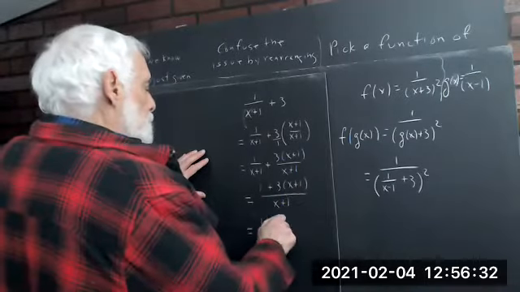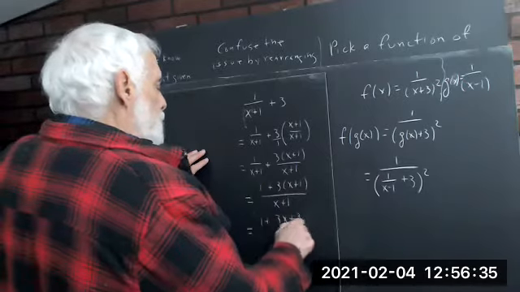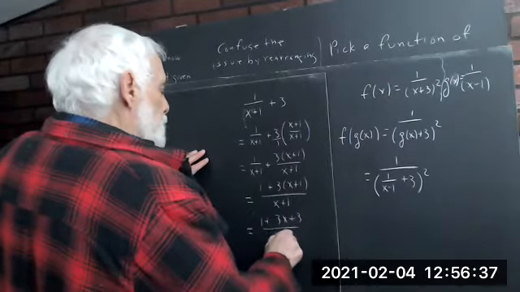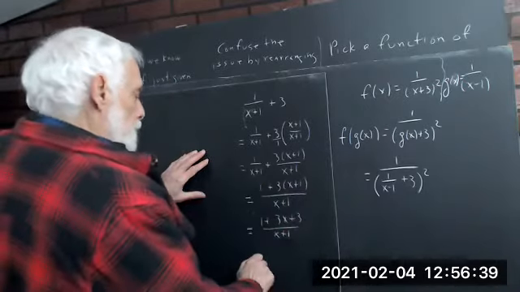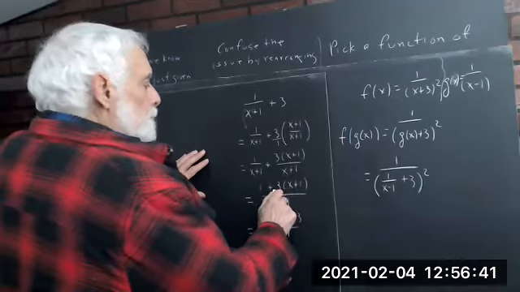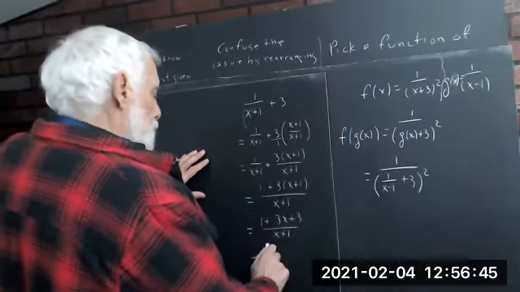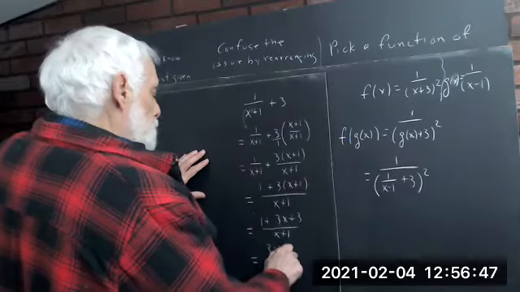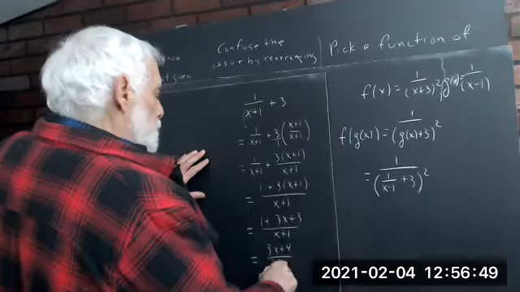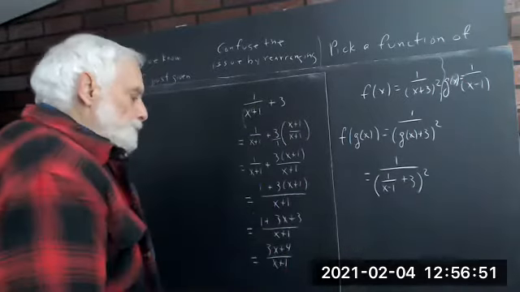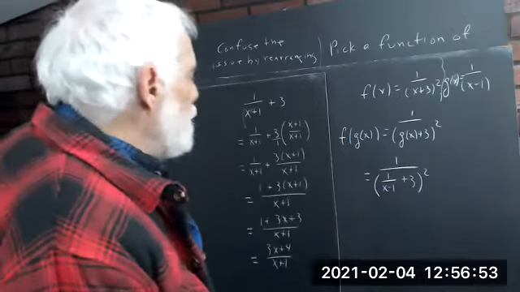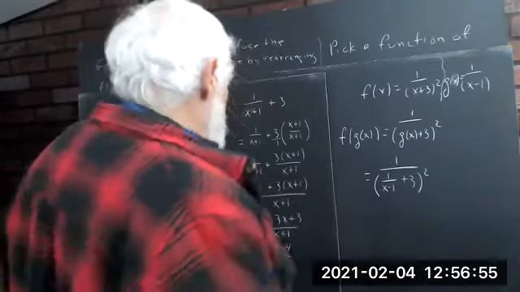And I'm going to go ahead and do all the gory detail. That gives you 3x plus 3 times 1, which is 3x plus 3. Then we add the 1 and the 3, and we get 3x plus 4 over x plus 1. So that this denominator is now